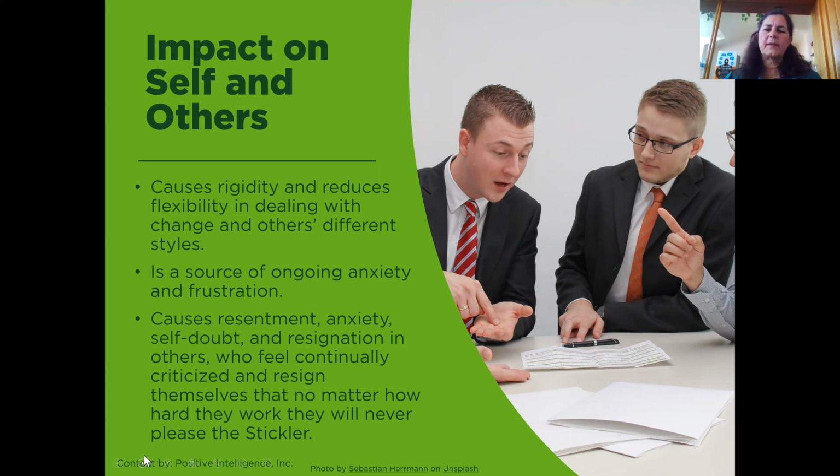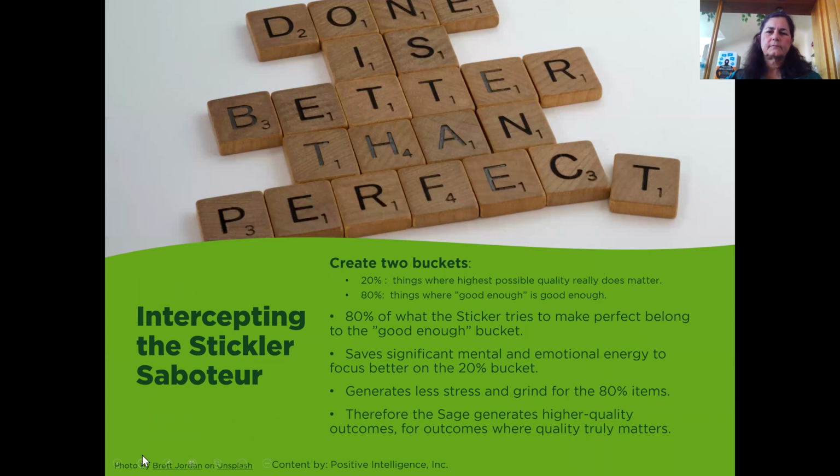They often give up because they get to this point where nothing they do is enough for you. And so they'll end up disengaging because they don't believe it's possible to please you. And so that can be really frustrating also if you're a manager or a supervisor. So what can you do about this? What can you do to intercept the stickler saboteur? Well, one of the most